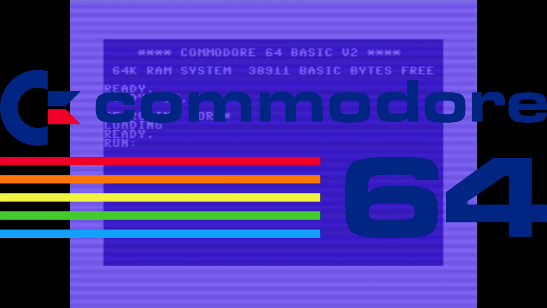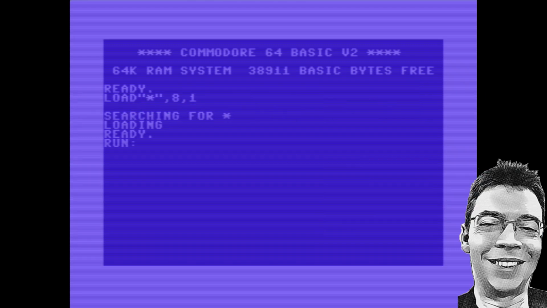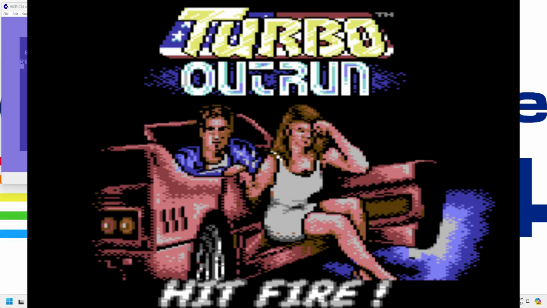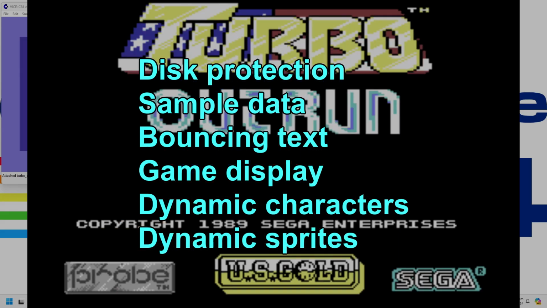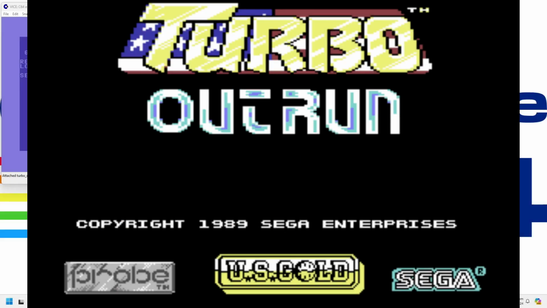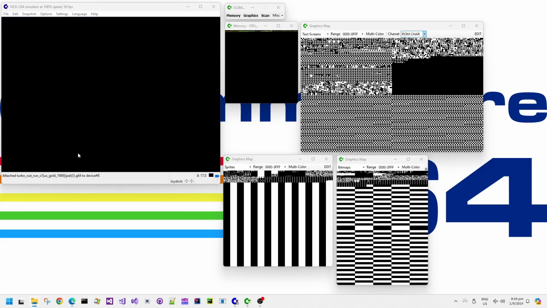Welcome to my Commodore 64 Games memories. This is where I look at old games and some of the technical details behind them. Let's get into it. Today we have Turbo Outrun, published in 1983 by US Gold. The developer was Probe Software, the coder was Mark Kelly, graphics by Steve Crow, and the musician is of course